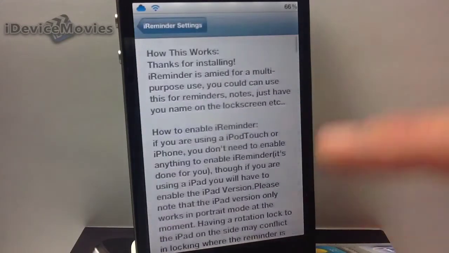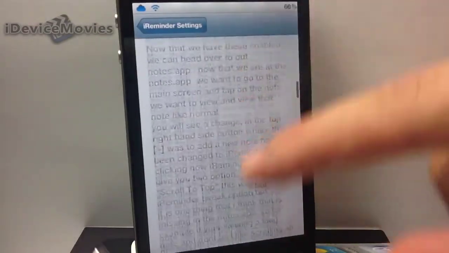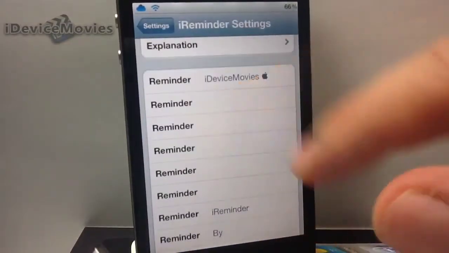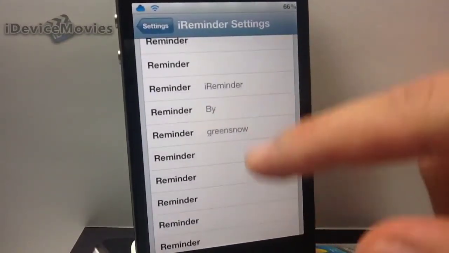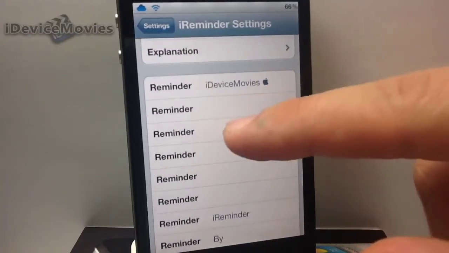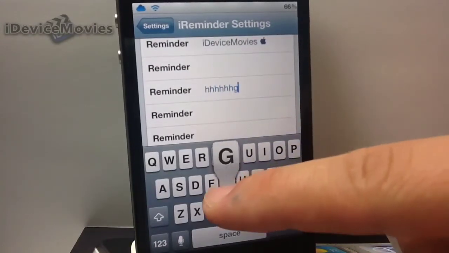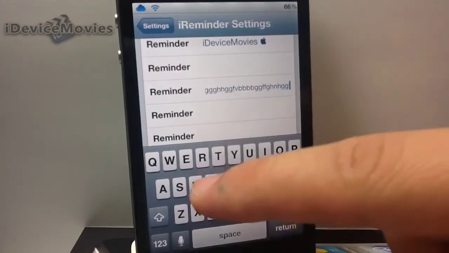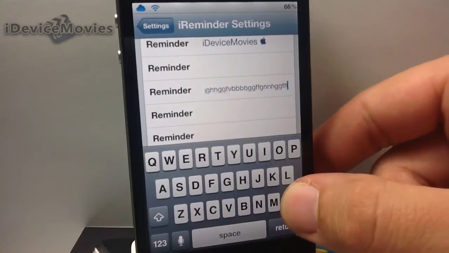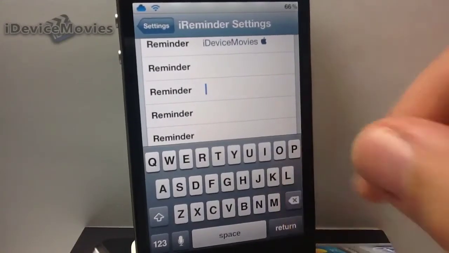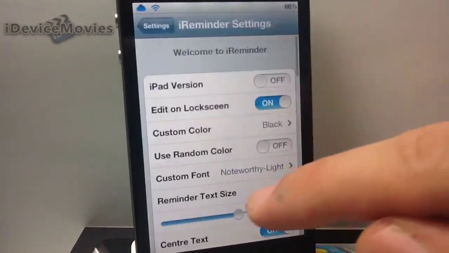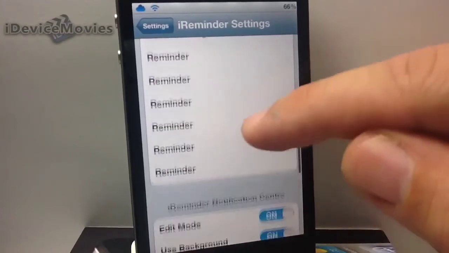Now here is the explanation. If you do get this tweak, I suggest to read this entire explanation. He tells you how to do everything with this tweak. And here are your reminders, and as you can see, you can have a ton. And you can obviously type out something longer than what I have. I'll just show you, you can make it as long as you want, basically. Let me exit this to get rid of that keyboard. So you have all the reminders, and now here,